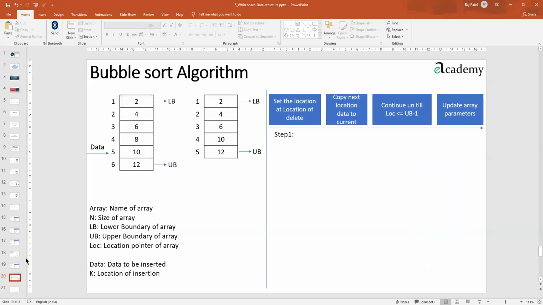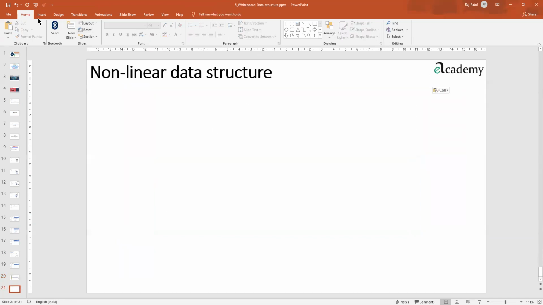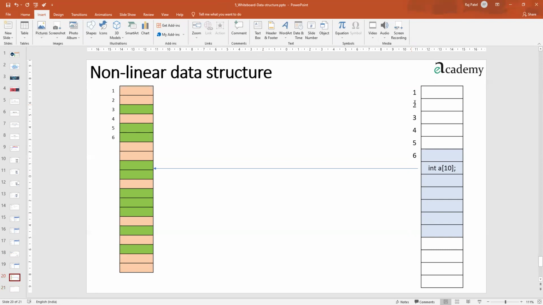In the non-linear data structure, there are basically two fields. I will write it down over here.